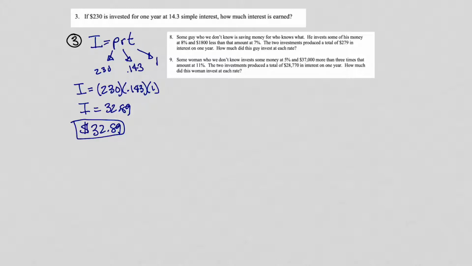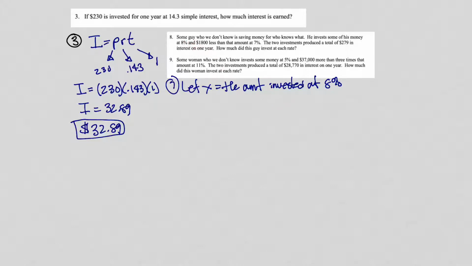We've got two unknowns here. He invests some at 8% and then $1,800 less than that amount. So the first one I read is 8%, the second one is 7%. I'm going to let X equal the amount at 8%. Let me write that here. This is number 7. Let X equal the amount invested at